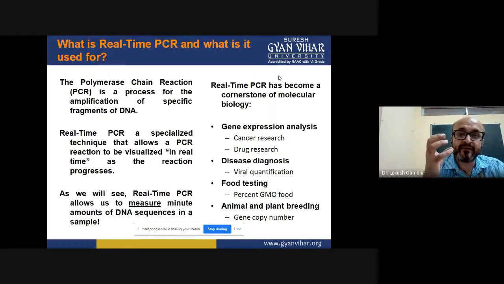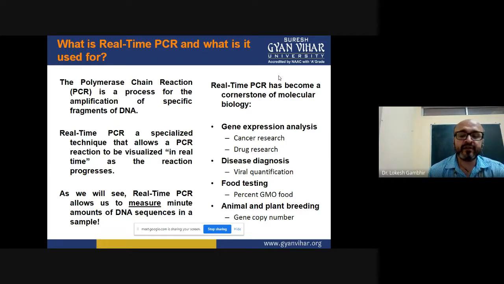Why? Because if I am using, suppose, 10 copies of template, I'll be getting an amplification. And if I'm using 100 copies of template, then the last point which was to be achieved in 30 minutes is now achieved in 20 minutes. So depending upon the initial load of pathogen, or initial availability of the pathogenic DNA, the time to attain the last cycle amplification is reduced, and that determines the pathogenic load. That's also what we'll be discussing in this particular section.